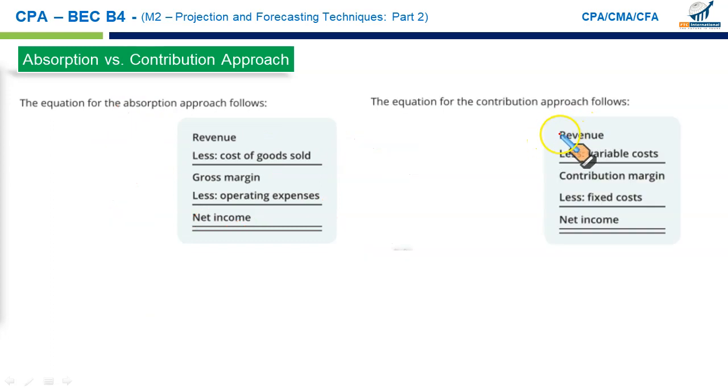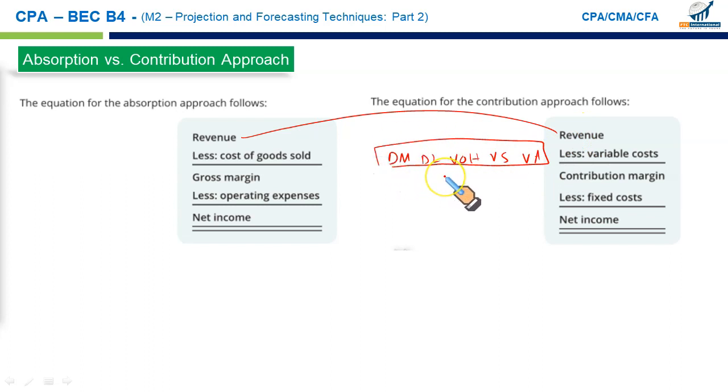In this, what we do, we take our revenue, which are the same, and then we deduct our variable costs. When you say variable costs, they involve direct material, direct labor, variable overheads, variable selling, variable administration. So deducting all the variable costs, I emphasize the word all, from your revenue gives you what you call the contribution margin, and then we deduct all the fixed costs in one go, which are fixed manufacturing costs called fixed overheads, fixed selling, fixed administration. It will give you net income under the contribution margin approach, and they are not the same.